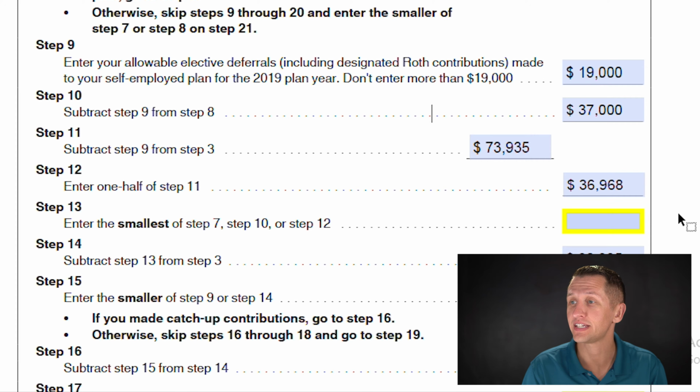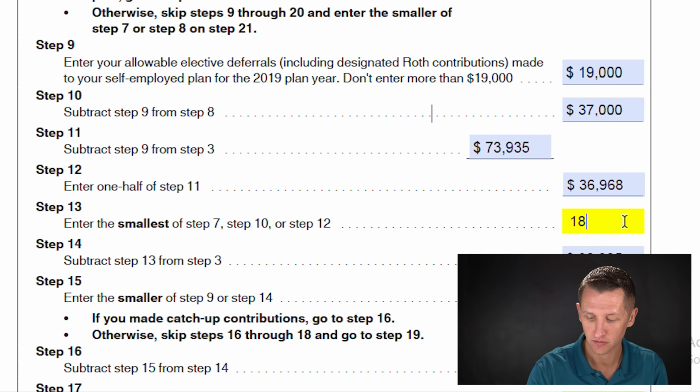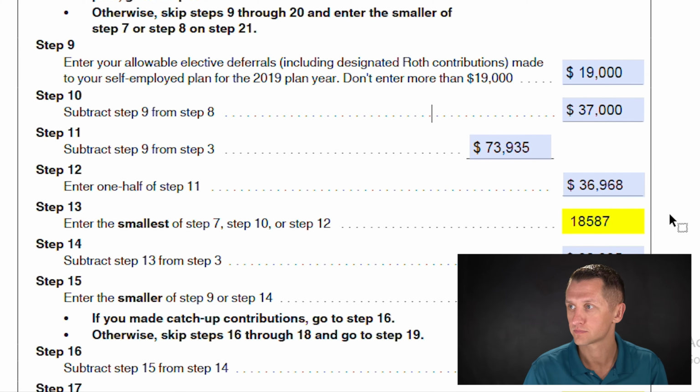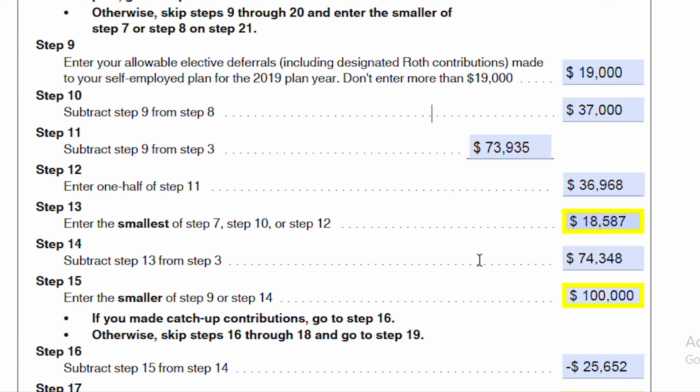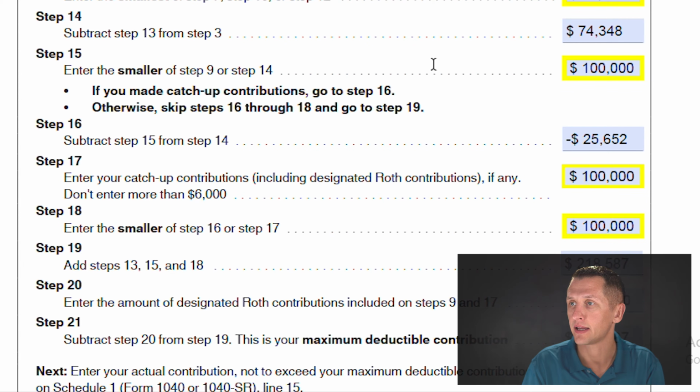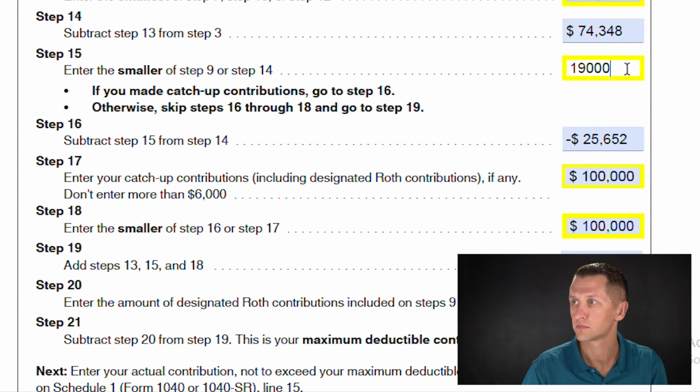And then on step 13, we're going to enter the smallest of step 7, 10, or 12, which will be our $18,587. And then on step 14, I already had to do the math for us, but it subtracts step 13 from step 3. Then we're going to scroll down, and on step 15, we're going to enter the smaller of step 9 and 14, which will be our $19,000. Then we're going to subtract step 15 from step 14, leaving us with